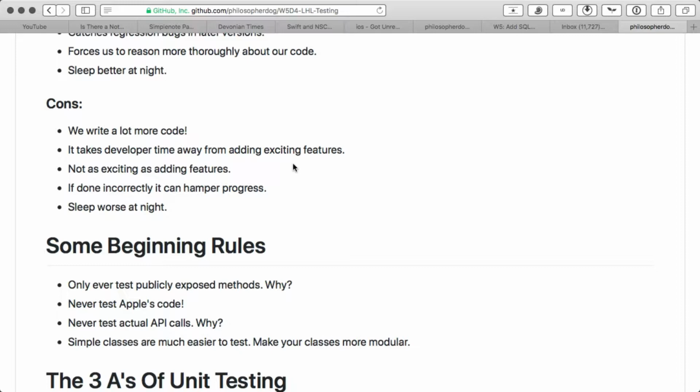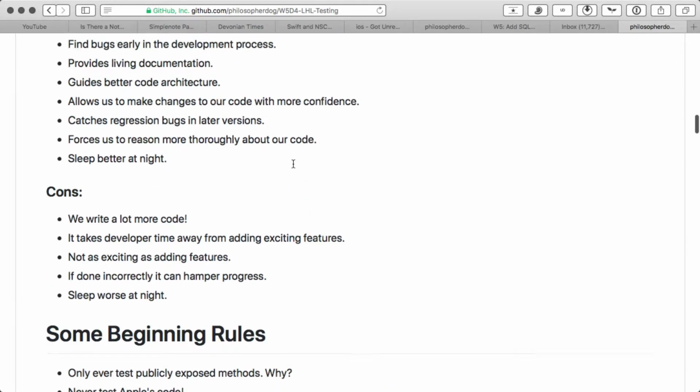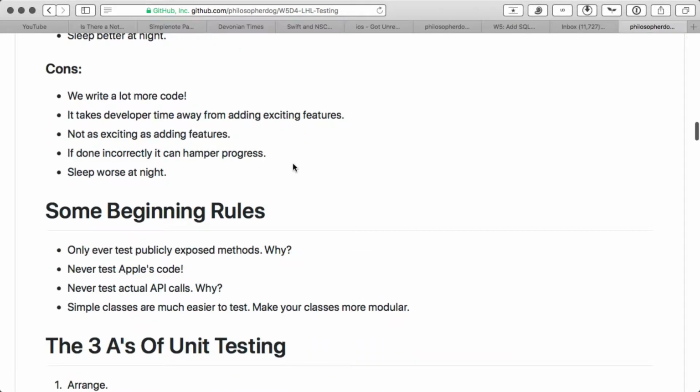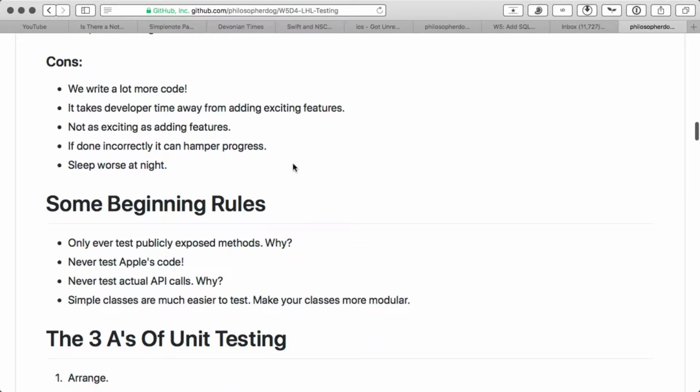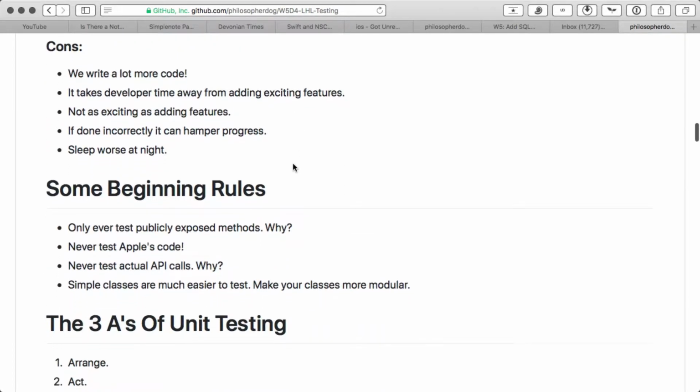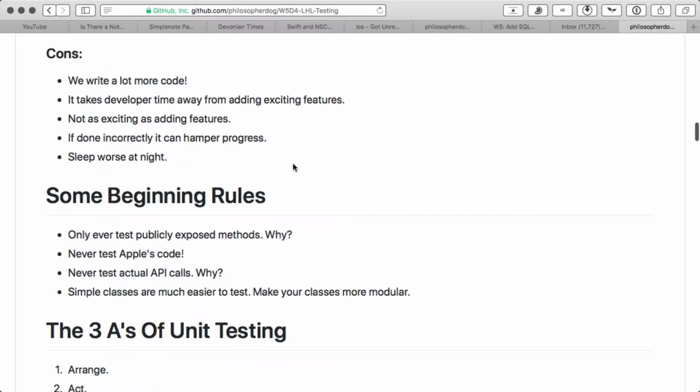I want to sleep. The cons are, well, you can see that one of the pros is that we write a lot more code, but the cons are that we write a lot more code. So some people think that this might take away from building exciting features. And certainly it's always more exciting to build a feature than it is to write test code. But I think